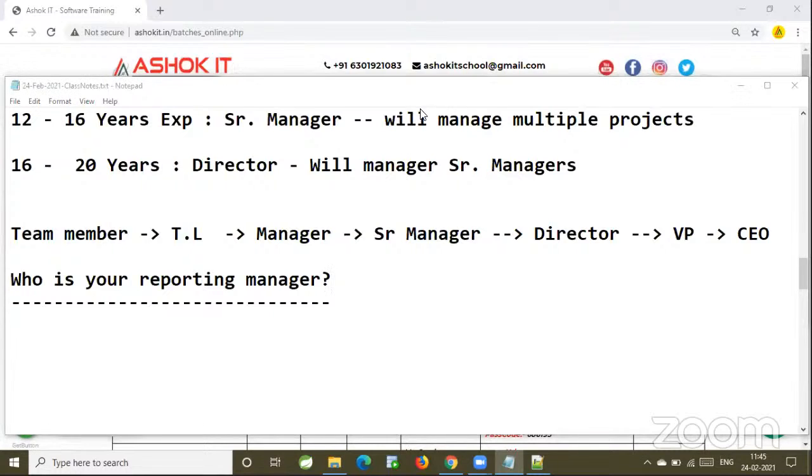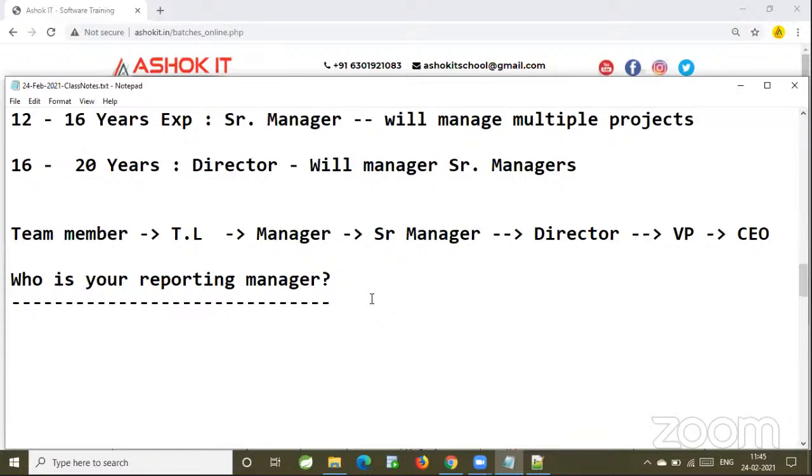Sir, in technical interviews they also ask, do you have any questions for me? For technical people, you don't ask the role mapping question. Role mapping questions you need to ask the HR. If a technical person asks you, do you have any questions for me, you can ask what technologies are being used in your project, what type of domains this company deals with, and whether this recruitment is for a specific project or for a resource pool. Like that, you can ask some questions. I will tell you going forward. Okay, sir.